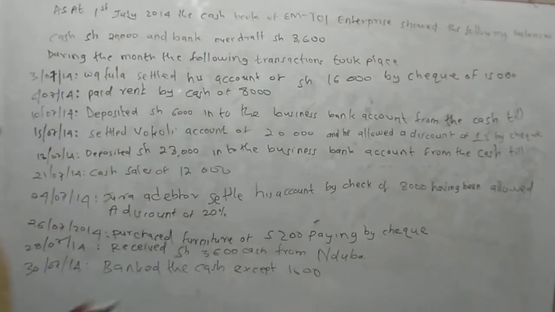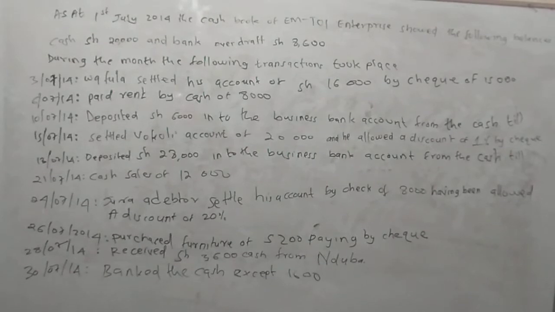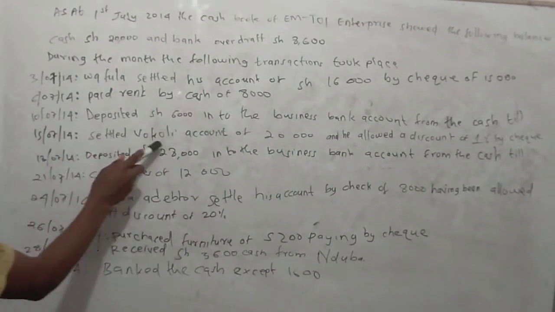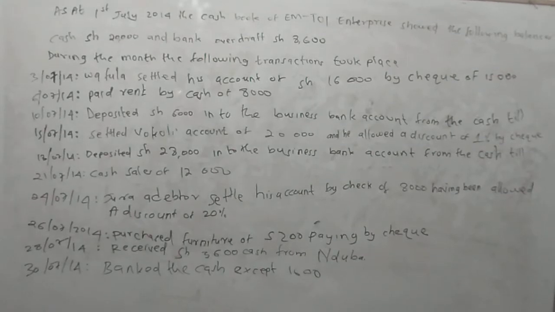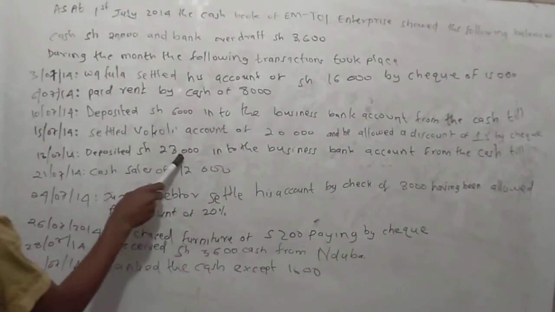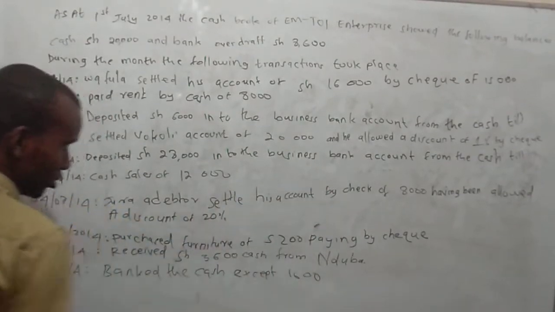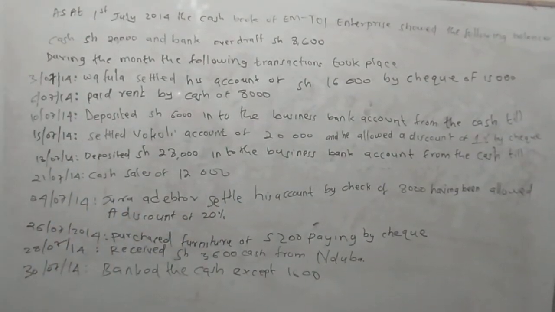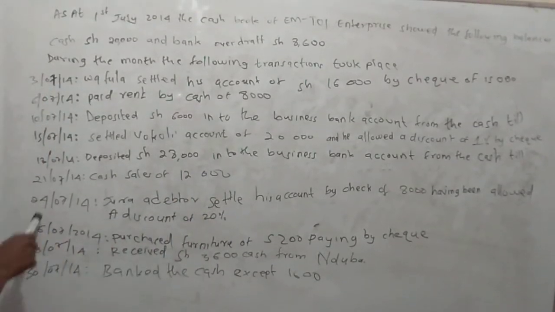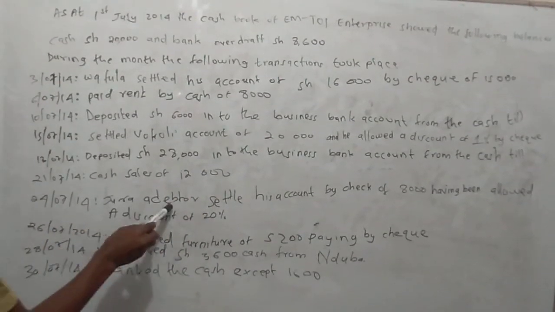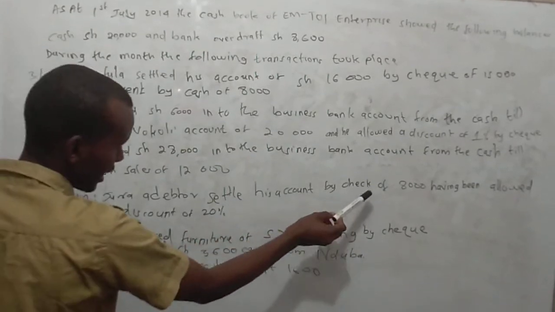into the business bank account from the cash till. 15th, settled Vokoli account of 20,000 and he allowed a discount of 1% by check. 18th, deposited 28,000 into the business bank account from a private source. 21st, cash sales of 12,000. 24th, Jura Adeta settled his account by check